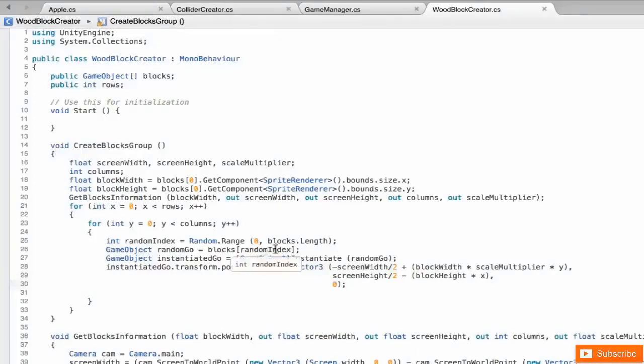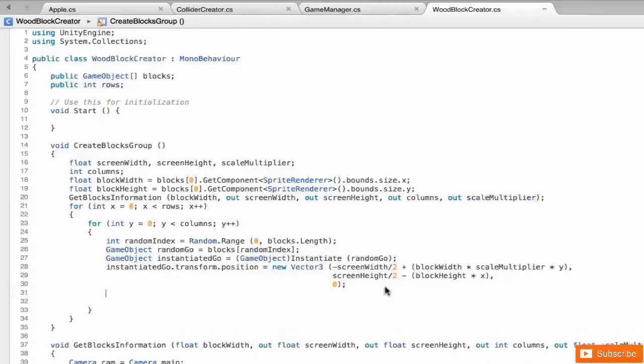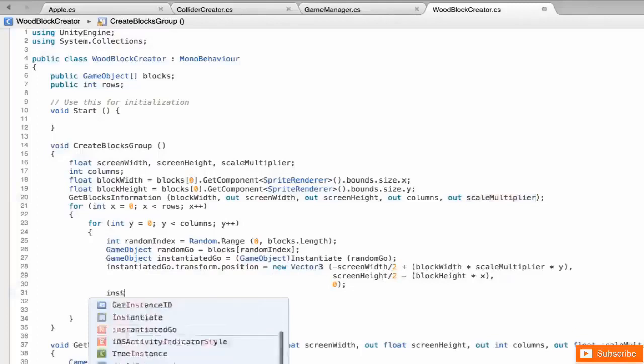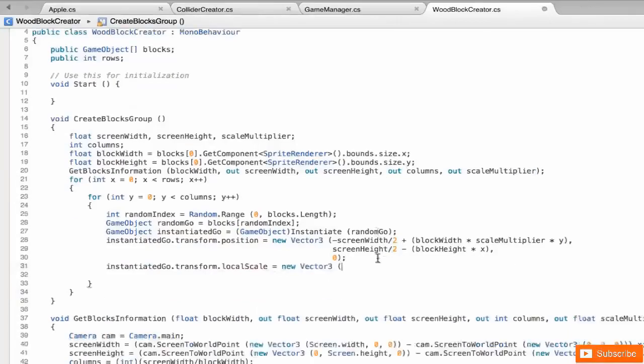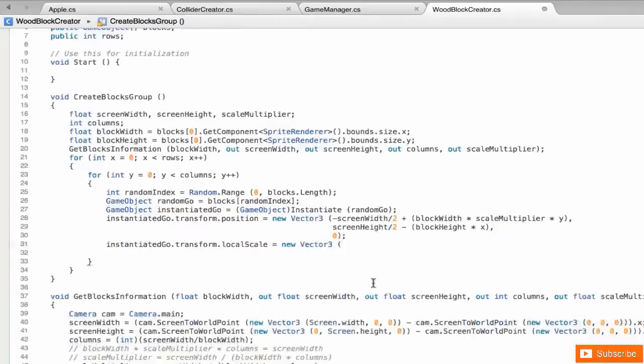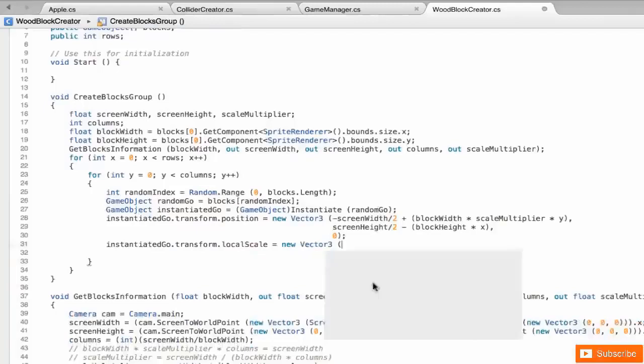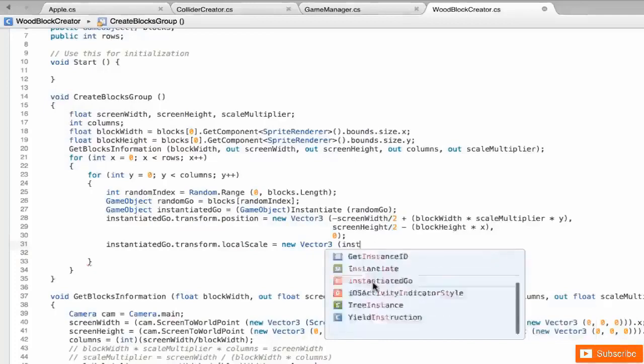We need to take into consideration that we are possibly changing the scale of this element. And this is given by this scale multiplier. So we need to change the scale of this element. So the instantiated geo.transform.localScale will also receive a new vector 3. And for x, we want to change its width. So it's going to be whatever the value it is right now, instantiated